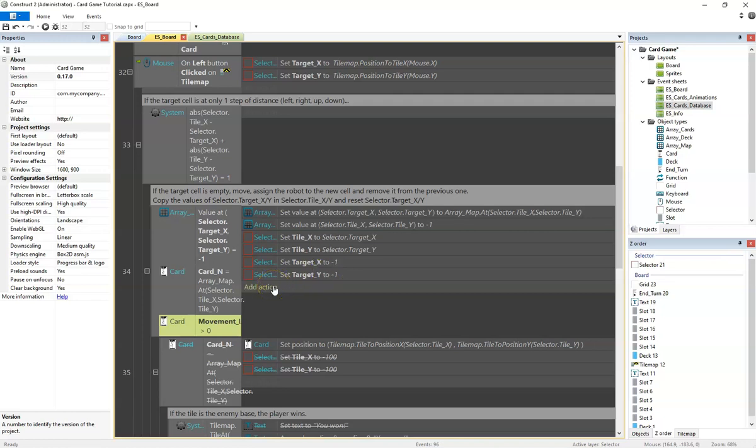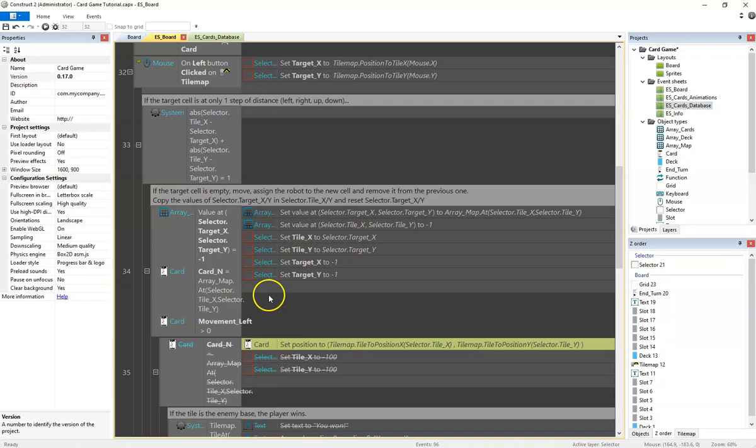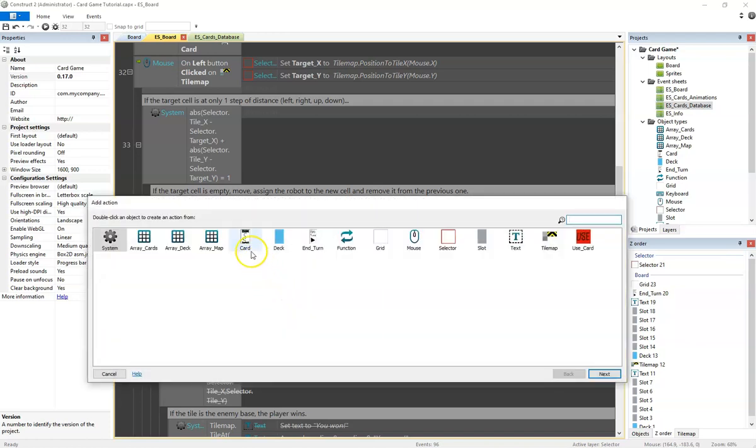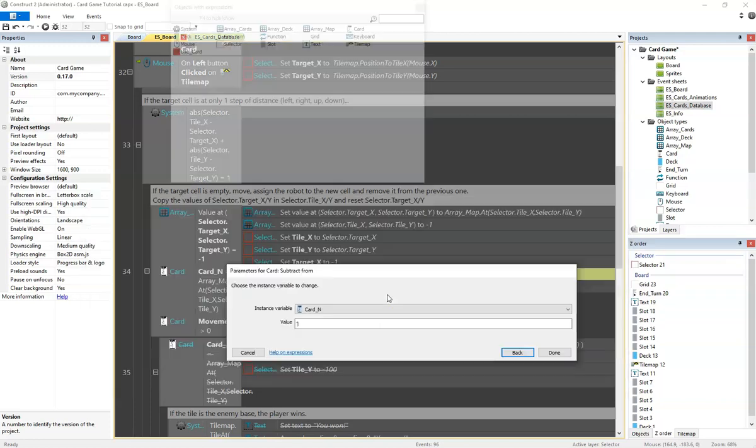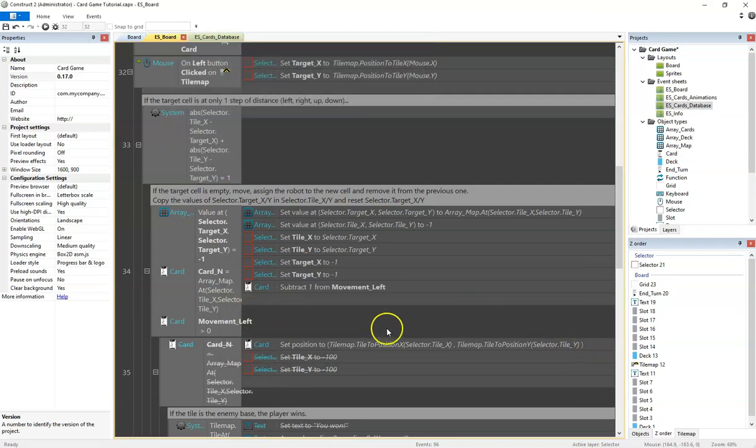And then we have an action that occurs after moving all this selector and everything, but before moving the card physically. We're going to add card subtract from movement left 1. So we know that if we can move, before moving the card physically, we're going to reduce the movement by 1. So this is not going to happen again in the turn. Now going back up,